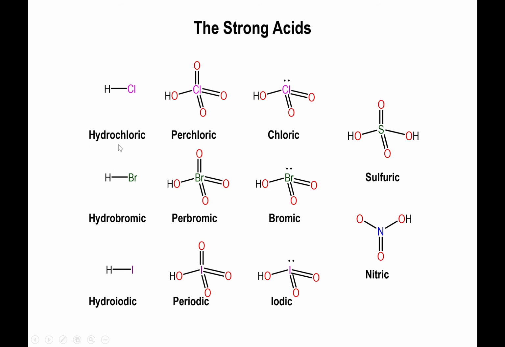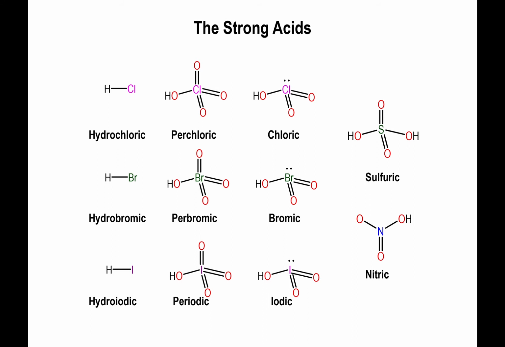So you have hydrochloric, perchloric, and chloric, the same way you have hydrobromic, perbromic, and bromic, or hydroiodic with periodic and iodic acids. All 9 of those are strong acids. And in addition to them, remember that sulfuric acid and nitric acid are strong acids. It's kind of important that you remember these 11 acids as being strong